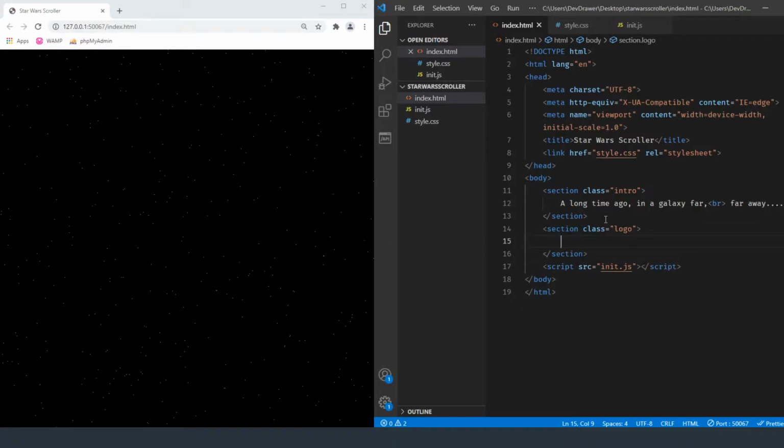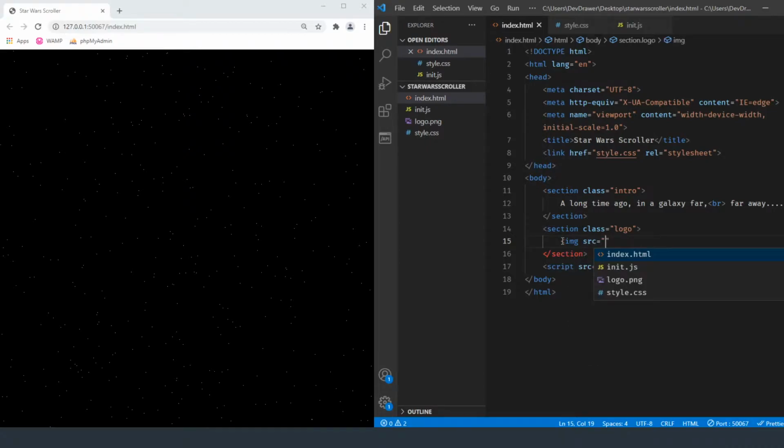and you can either do an SVG. Just for purposes of my own, I have created an image that I'm going to use, so I'm going to copy that from my development folder into this site folder. The reason why I'm doing this is because obviously I don't want to have Star Wars music or Star Wars logo on my content, so I just want to show you how to do it. You can do whatever you want to with it.